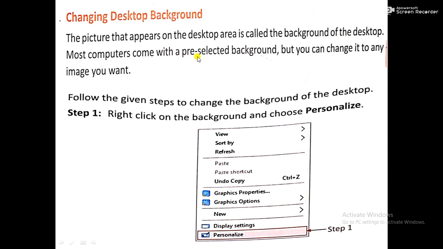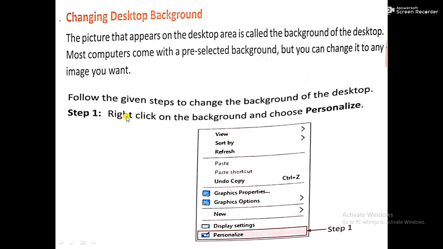Most computers come with pre-selected backgrounds, but you can change it to any image you want. We can choose according to our choice for our computer. It's up to us. Now there are some steps you have to follow to change the desktop background.